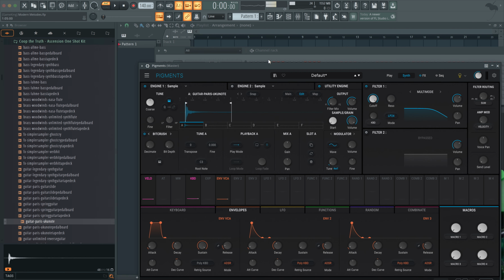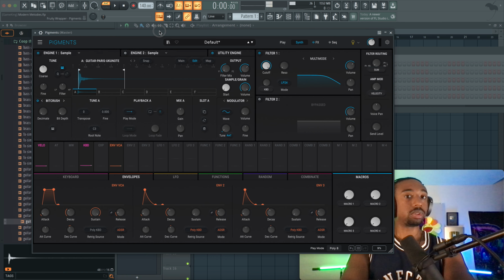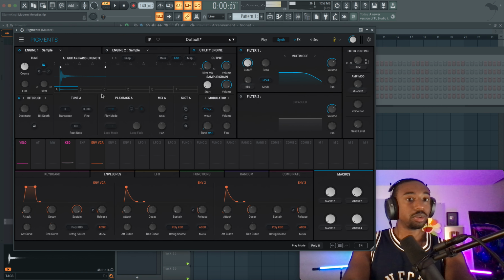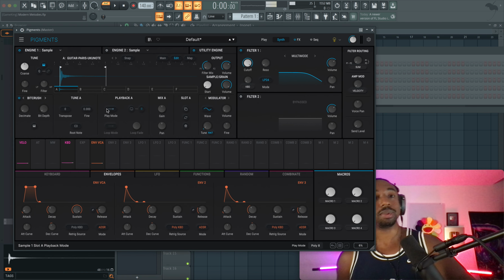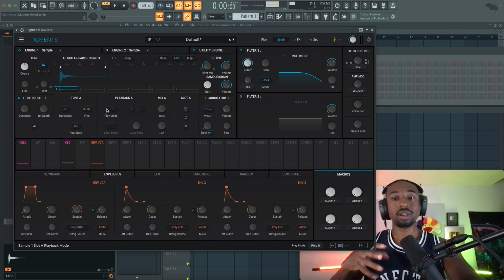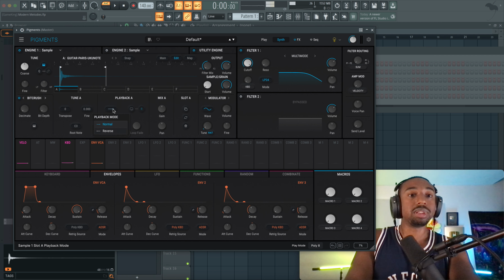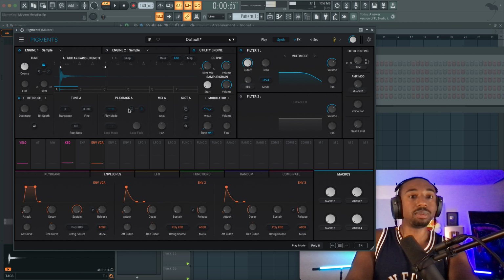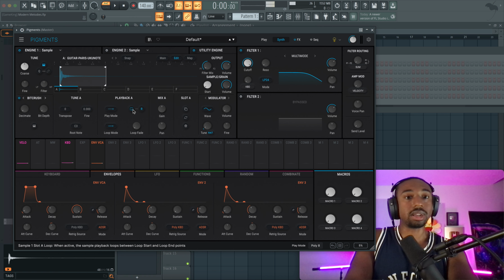Now, my favorite thing to do when I was sound designing was forward backward looping. And I know Jacob, one of his favorite things is round robin. So as sound designers, we all have our thing. So if you go to play, we're going to keep it forward and then hit this little loop button right here. So now it will play forward and then repeat itself.